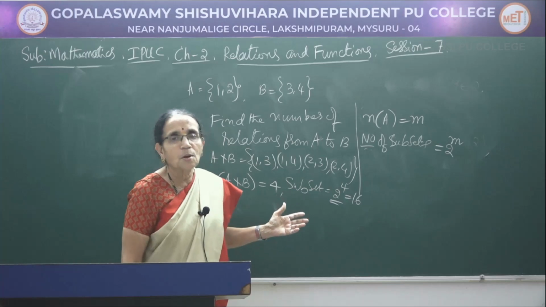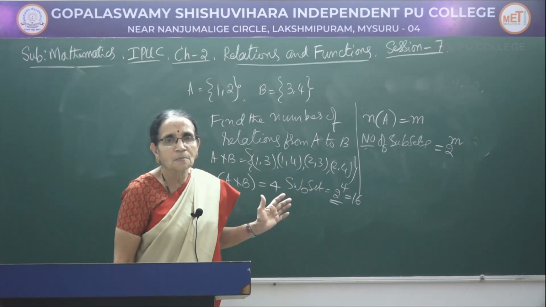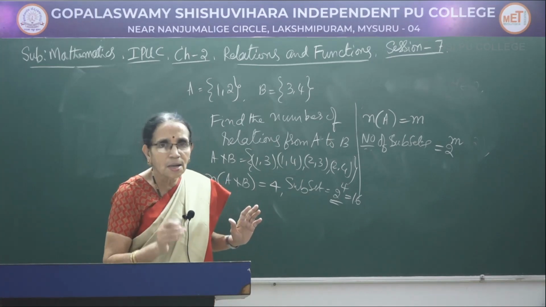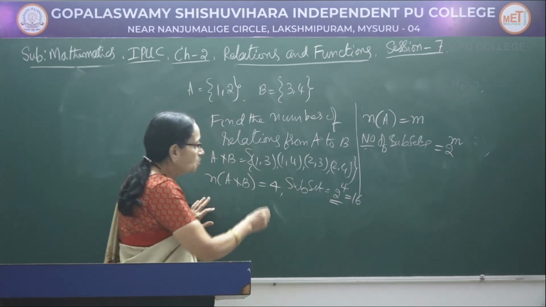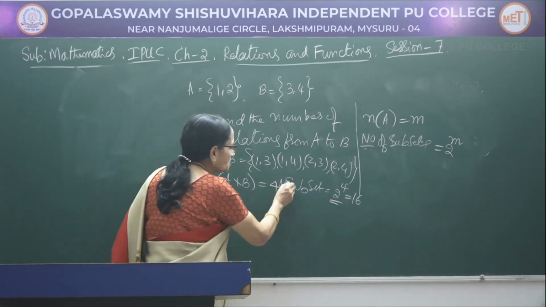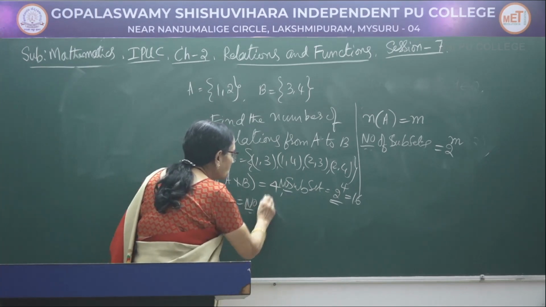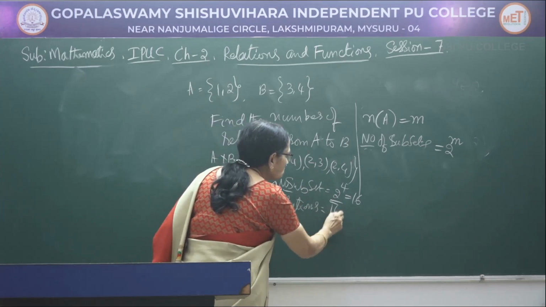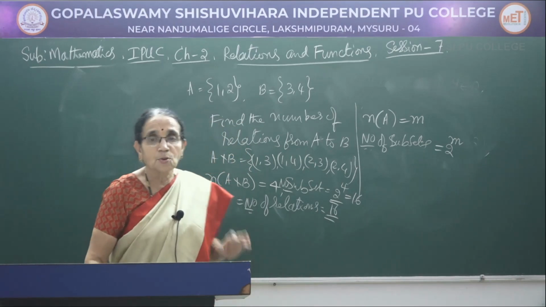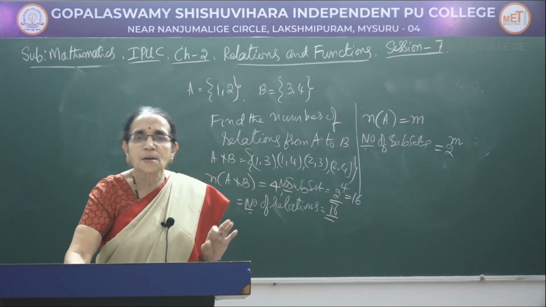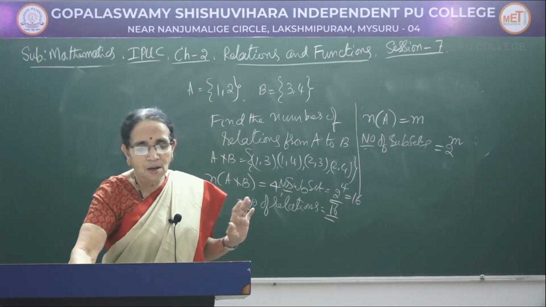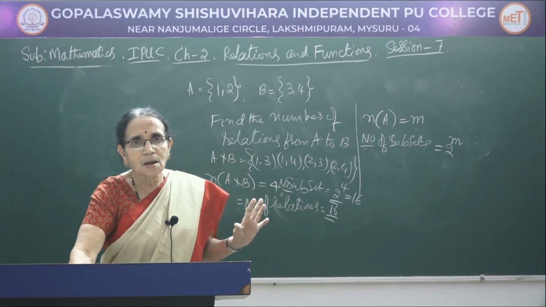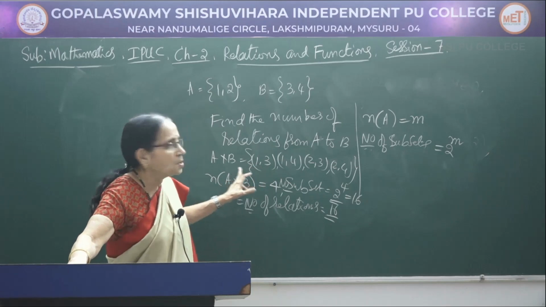This is the number of subsets according to the information. But here just now I told you a relation is a subset of A cross B, or in other words a subset of A cross B can always be considered as a relation from A to B. That means you can write the answer as the number of subsets equal to the number of relations from A to B, that is also equal to 16. Here when you define a relation in a particular way, we can get the actual elements. Here we are interested in finding only how many relations can be defined from the set A onto the set B. For that always find out A cross B.